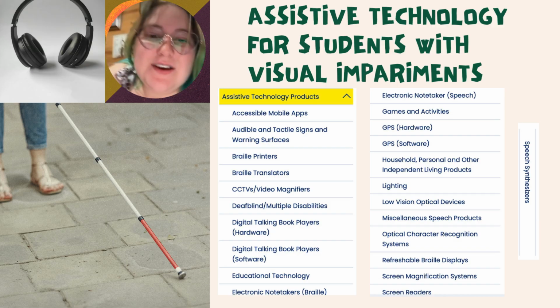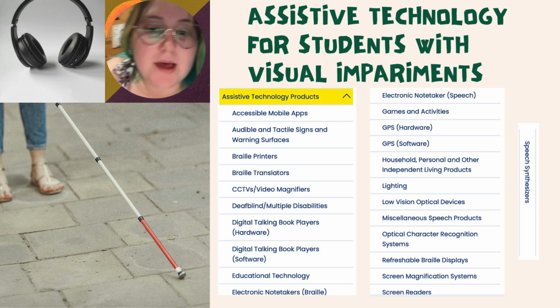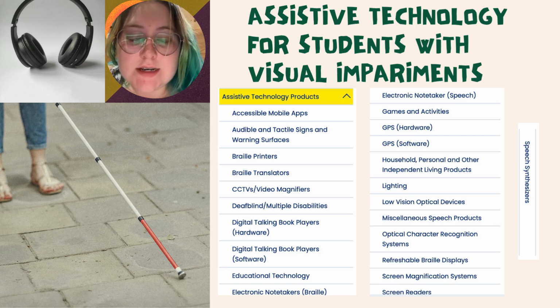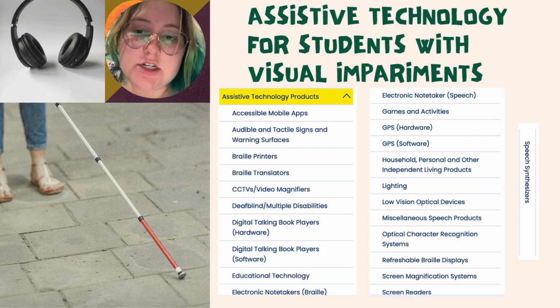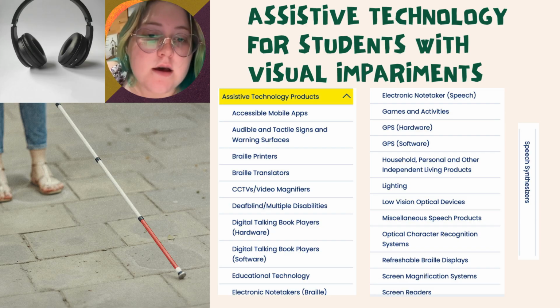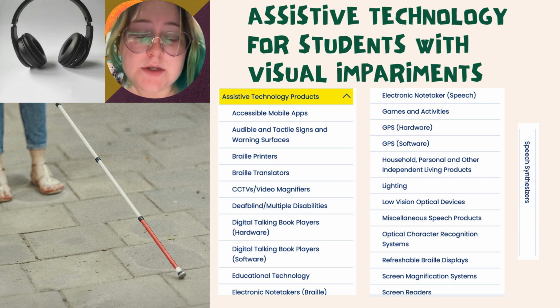Assistive technology. Some of the products are accessible mobile apps, audible and tactile signs and warning surfaces, braille printers, braille translators, CCTVs or video magnifiers, deaf-blind multiple disabilities, digital talking book players, which is a hardware or the same thing in software, educational technology, electronic screen note takers for speech, some different games and activities, GPS hardware and software, household, personal, and other independent living products that they could use, lighting needed for students with visual impairments, low vision optical devices, miscellaneous speech products, optical character recognition systems, also known as text-to-speech,